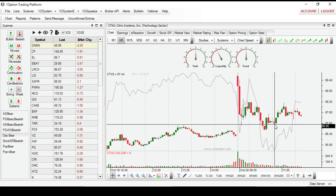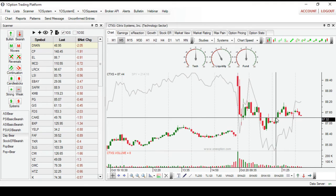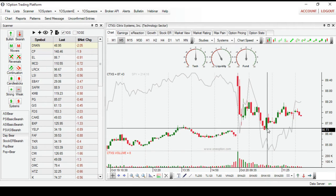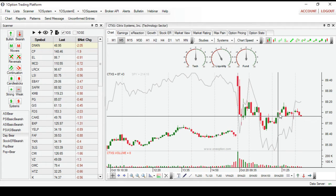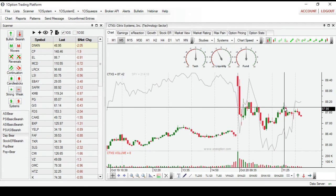That is relative strength. That's exactly what we look for. So as soon as the stock gets through this horizontal resistance level at 87.28, what do you think I did? I added to the position. I knew that it was ready to take off now. So I bought some here, stock rallied up here, and now it's starting to